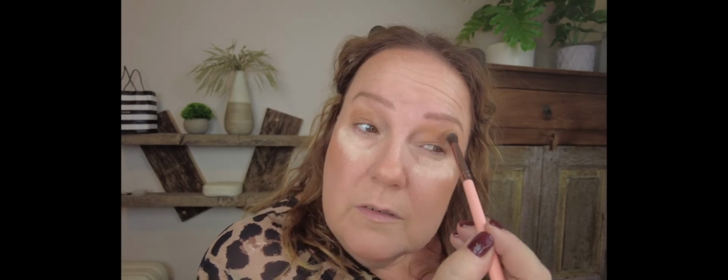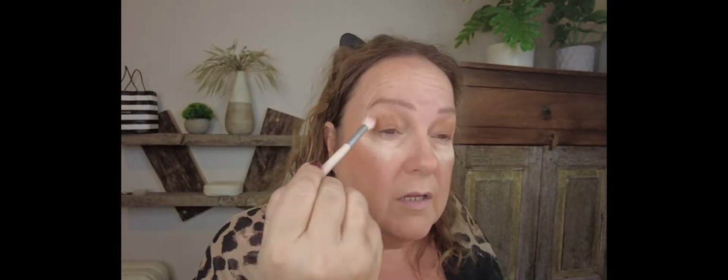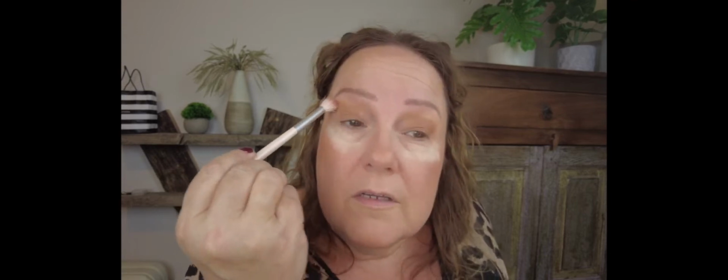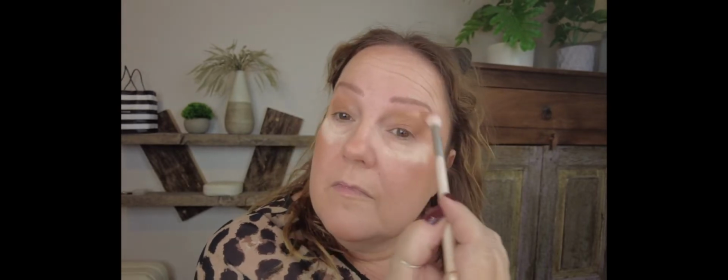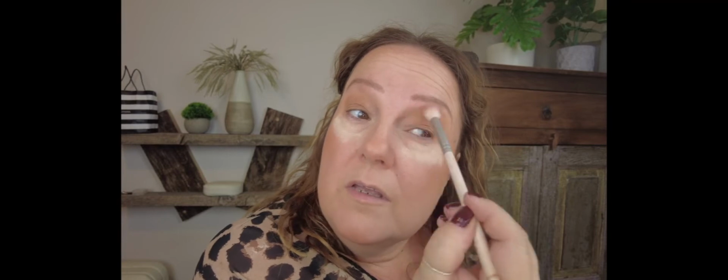Coming down, patting up there, coming down. And now I'm going to blend. This one hasn't got any colour on it, that's just the colour of the brush. I'll take that back and blend the colours together, down the outside, up into my brows. Same on this side, come down there, go back over there, and I'm literally just tickling to make the colours